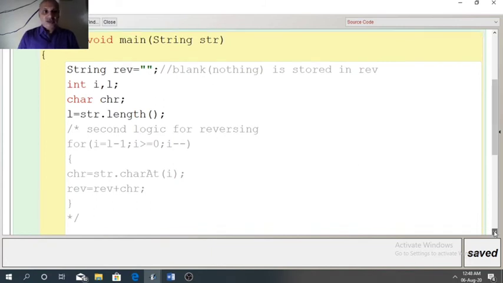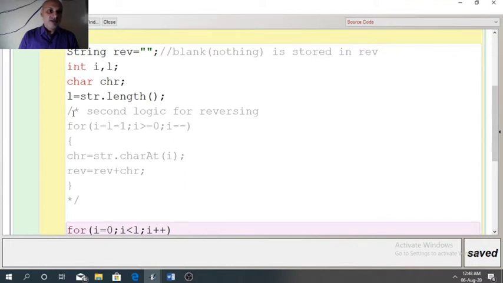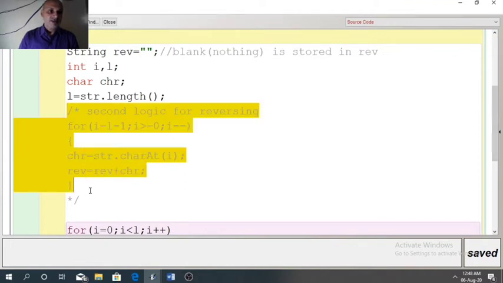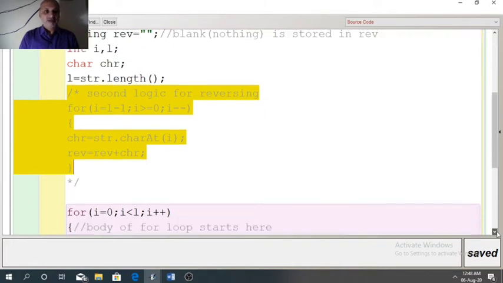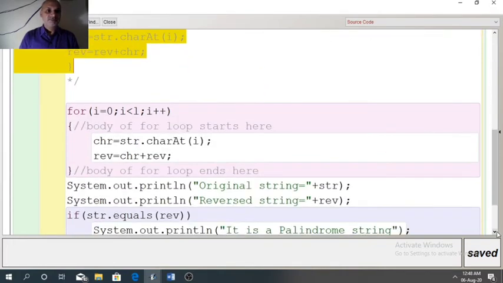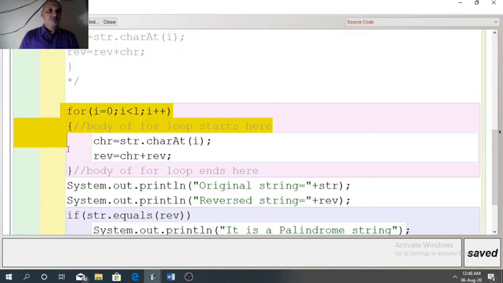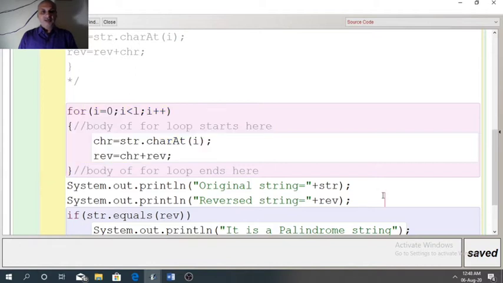Here the first logic I have kept inside the comment, so it will not execute. Second logic will execute here. So first let us see the result.